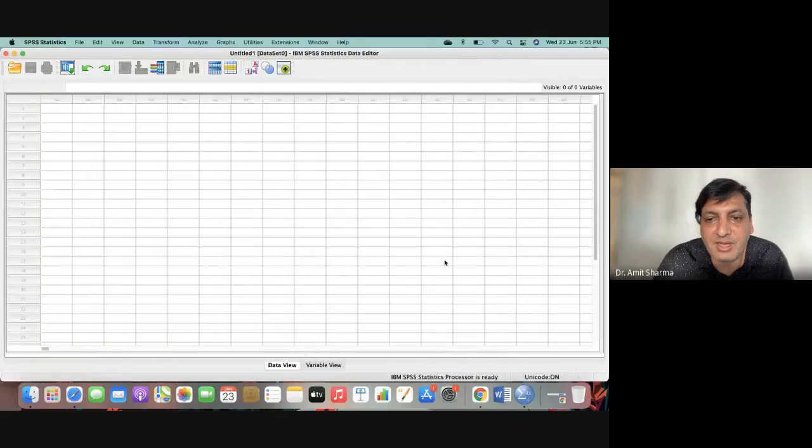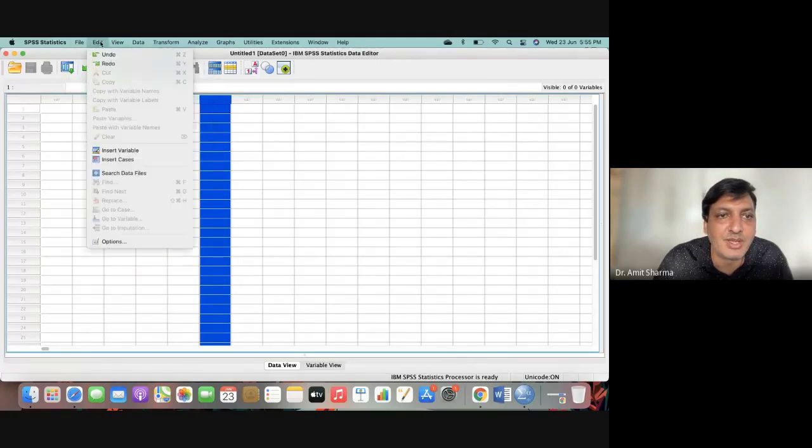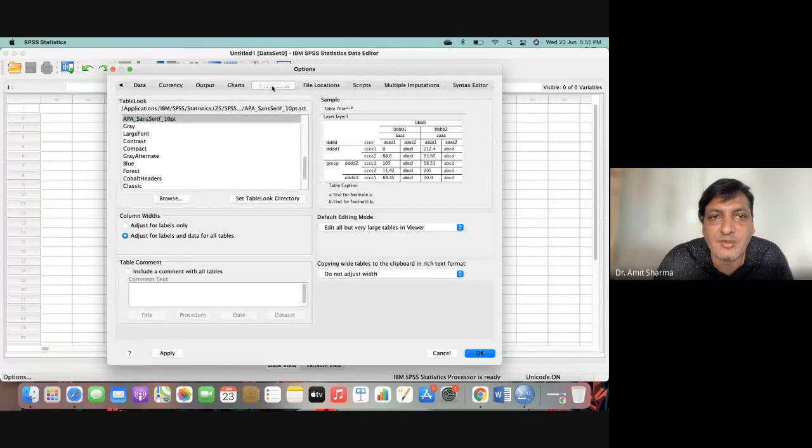For example, you can click like this. So any table made by the software will be in that particular style, by going into the option and pivot tables. From here you can do it, or you can set your own. For example, if you require the top line and bottom line in a very dark color, with the remaining lines dotted like this, you can do it from here only.